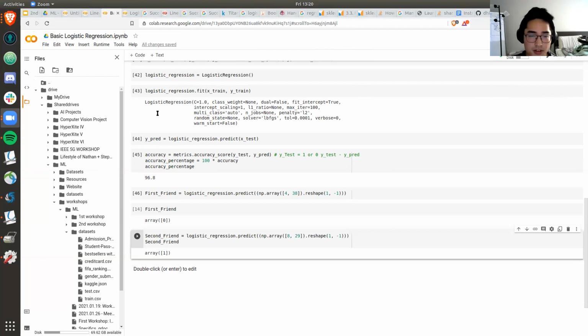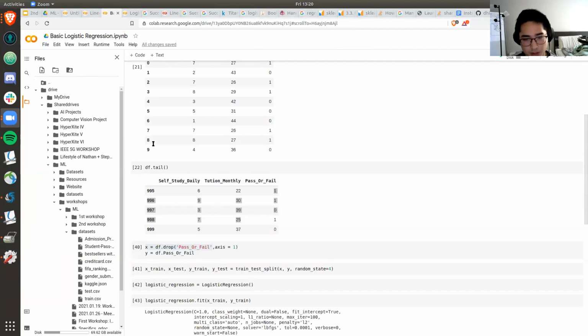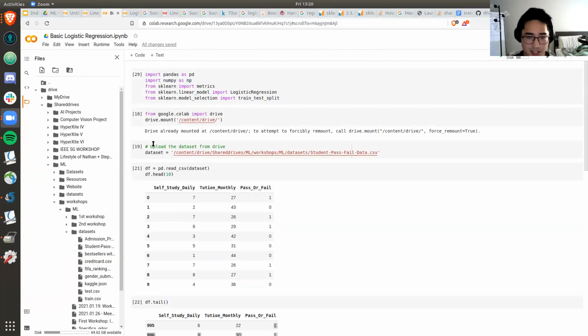But yes, now remember what I said. It's not as simple as this. Doing this sort of simple logistic problem is not really common. When you deal with data sets, you're most likely going to get a data set that contains a lot of features. You have to do a lot of data pre-processing. You have to find the features that are most important for you to train your model. You have to find some correlation between these different features.